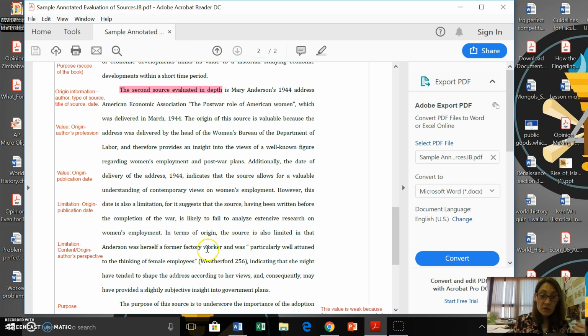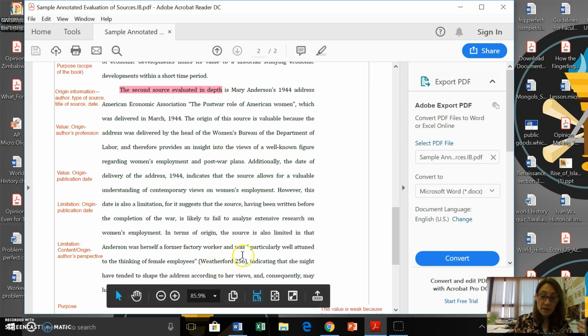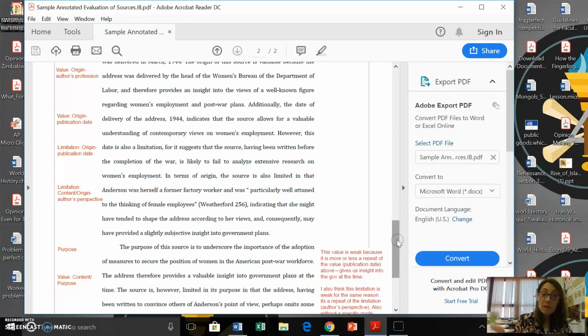significant. In terms of origin, the source is also limited in that she was herself a former factory worker, so there's some suggestion that maybe she could be biased, okay? So you can let this be the case. You can say that she might have had her views shaped. It's not necessarily a given, right? If you can use a quote or suggest somewhere in the source where it does seem like she is particularly well attuned,